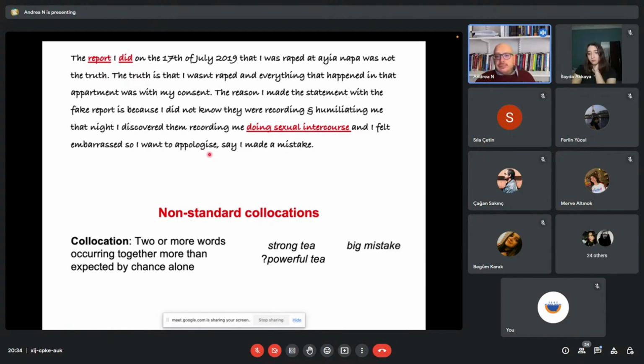Another example is a big mistake. We don't say large mistake, even though these are completely interchangeable options. And collocations do not have to do with words that actually co-occur immediately after each other. So it could actually be within a span of different words. Now, when we find